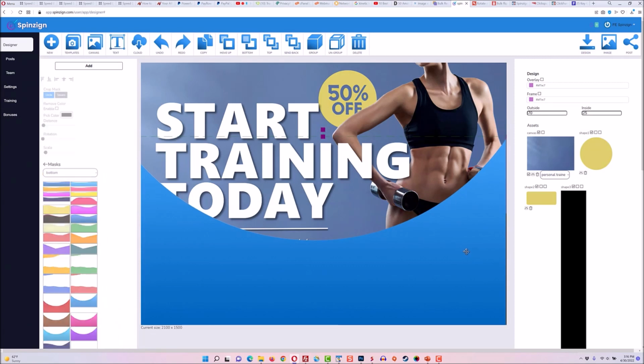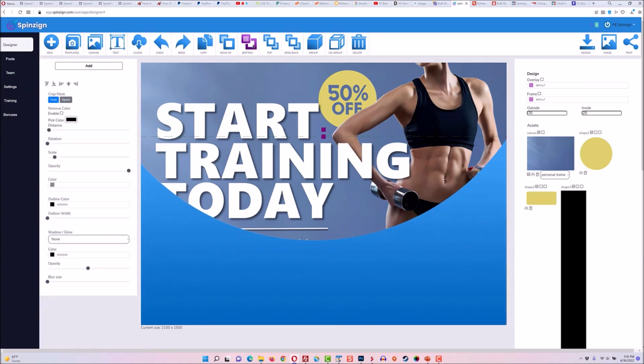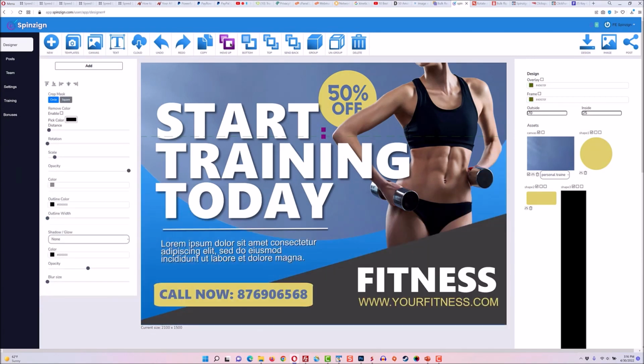You can layer elements, so I can send this to the bottom and then I can move it up so it's exactly where I want it to be. Then you can also upload your own elements and add them to the canvas, so any visual elements that you have. But where Spinzign really shines is with the spinning engine, where it can completely redesign graphics for you in